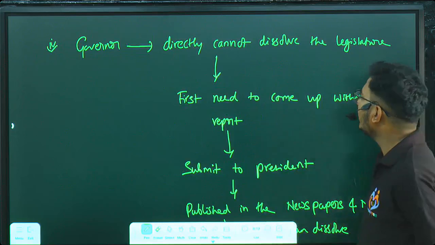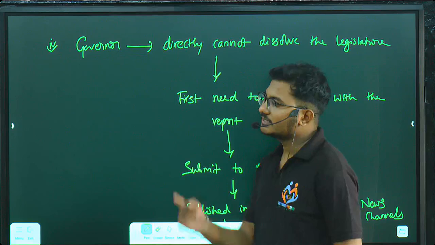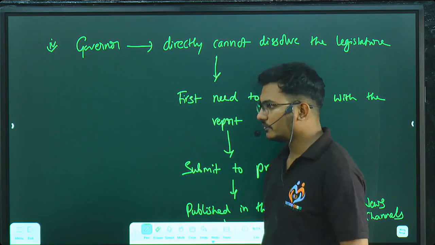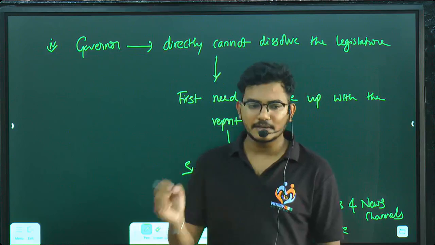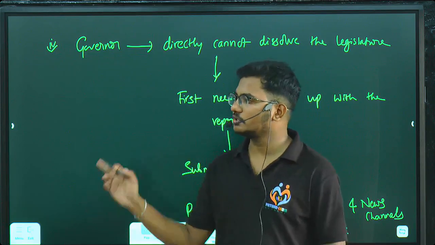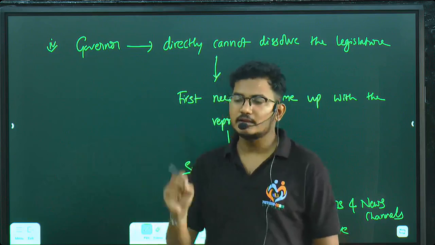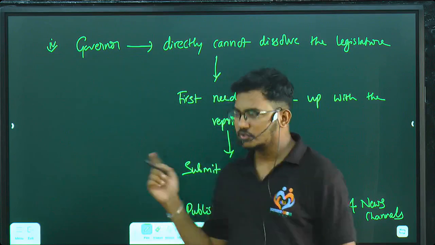Okay. Then the governor cannot dissolve the legislature directly. First he has to come up with a clear and factual report. This report he must submit to the president, and it must be published in the newspapers and news channels. Only then can you dissolve the legislature. Okay, so by following this,